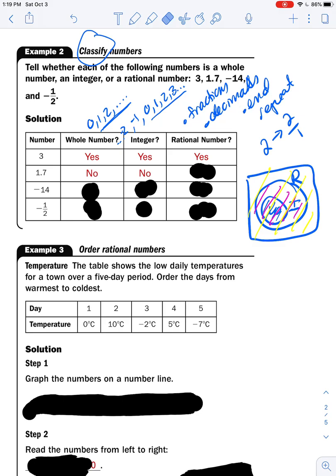So that one is actually going to be a yes, meaning if I was placing that 1.7 someplace in my little chart over here, 1.7 lives out here, where it is in the rational, but not contained in the integers, not contained inside whole numbers. How about negative 1.4? Whole numbers have to be positive, so that's a no already, plus it can't be a decimal or fraction. Can negative 1.4 go and become a part of the integer club? Well, integers accept negatives, but they still don't accept decimals or fractions, so that should be